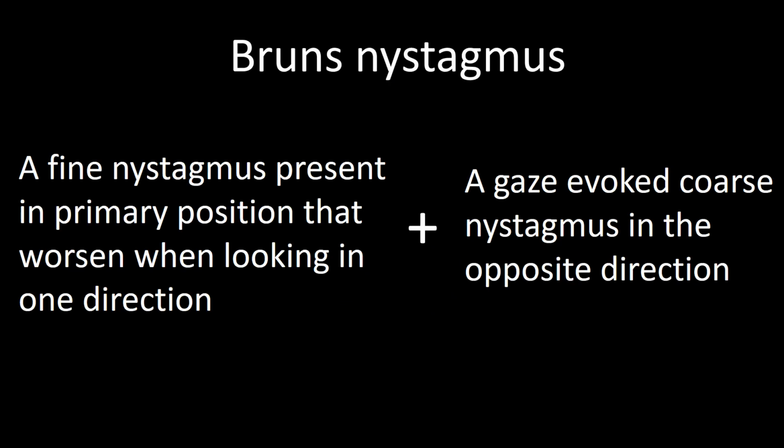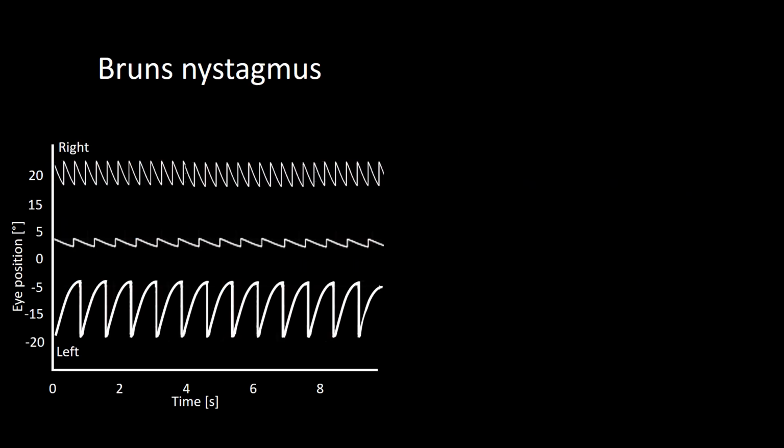Burns nystagmus refers to simultaneous appearance of a fine nystagmus present in primary position that worsens when looking in one direction and a gaze-evoked coarse nystagmus in the opposite direction. In this frame, you can see the characteristic oculogram of Burns nystagmus due to left-sided pathology. Notice the fine nystagmus in primary position jerking to the right that increases in amplitude and frequency when looking in the direction of the fast component, but maintains all the other characteristics present in primary position, and a coarse left gaze,